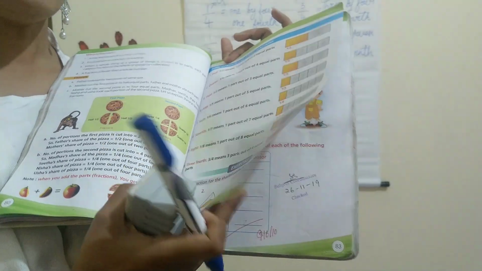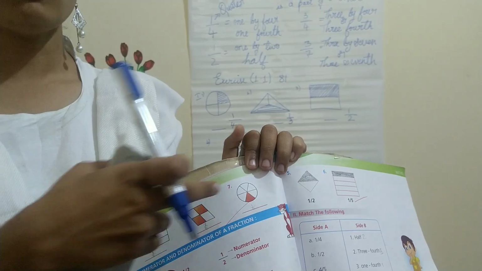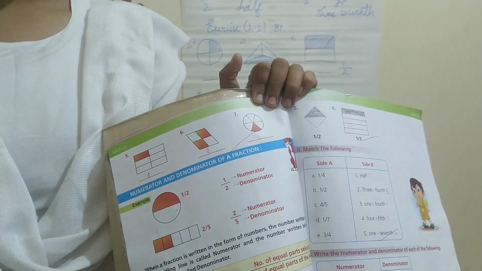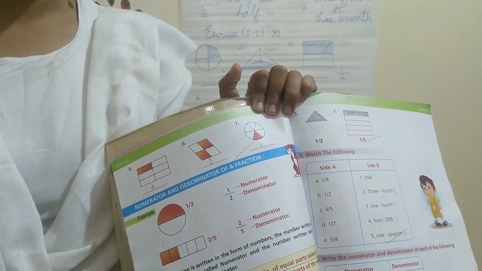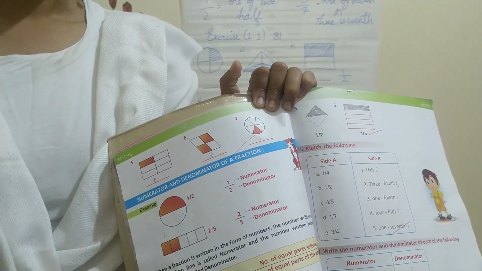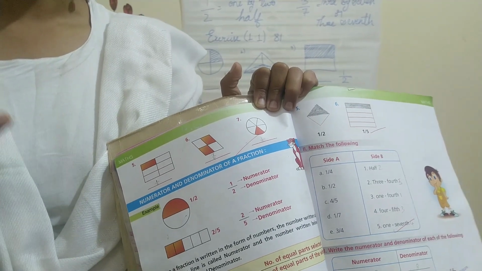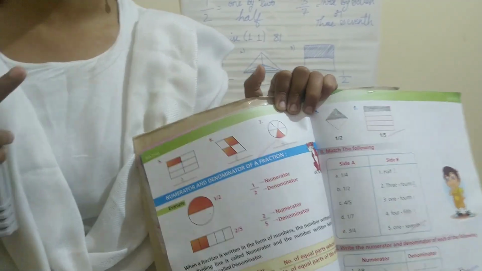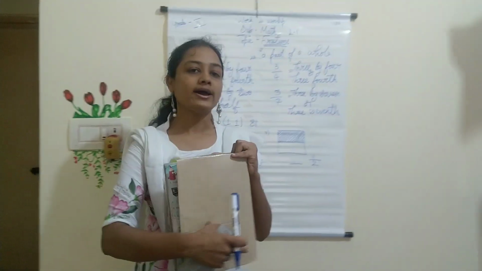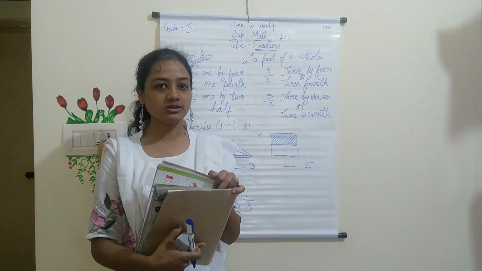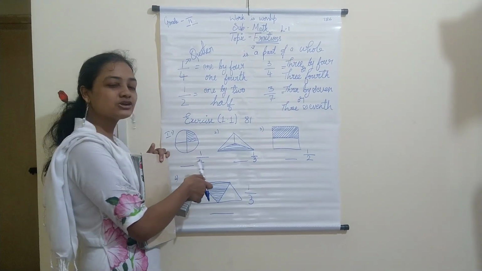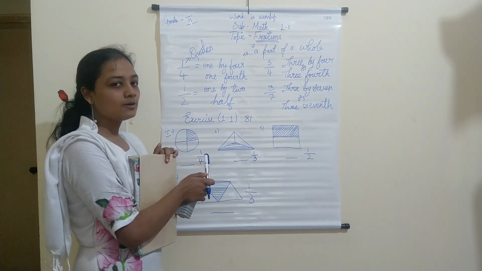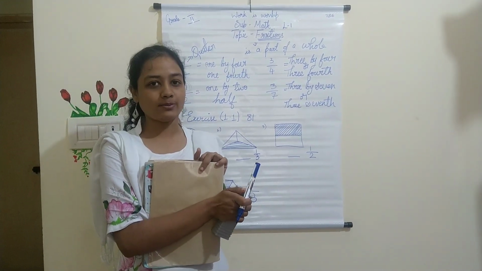And when you turn your page, you can see you have 3 more figures given here. I want you to write the answers for this. And when I have the interactive classes for this, I'll be checking your textbooks and you should have written the answers for this. I'm going to ask the answers for each and every one, children. So I hope you have understood what is a fraction, how to write the fraction in word form, and how to write the fraction when they have given a figure. By this, we finished exercise 1.1.